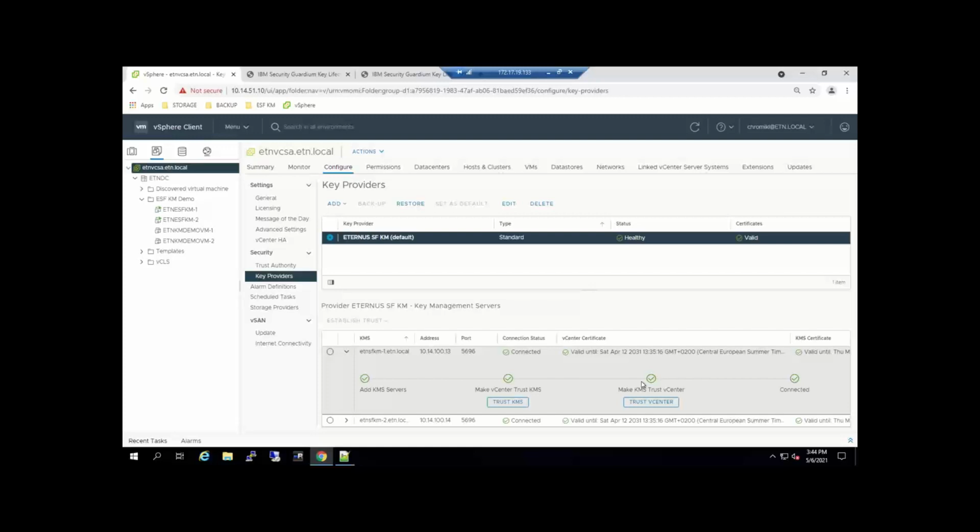As you see, there is a whole process to add this key management server. After you install it on Windows or Linux, you must establish the trust between both vCenter and KM, or the ETERNUS system and the KM. The workflow is almost identical for these steps.